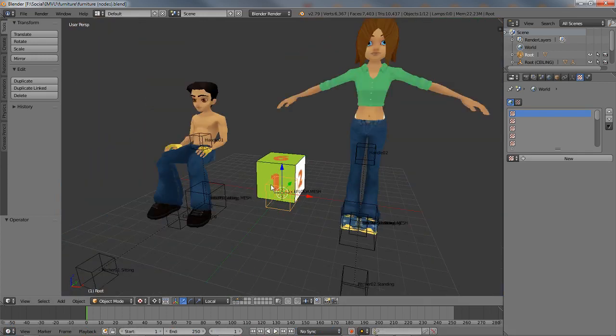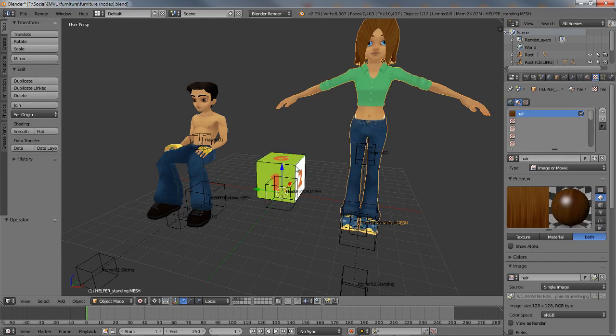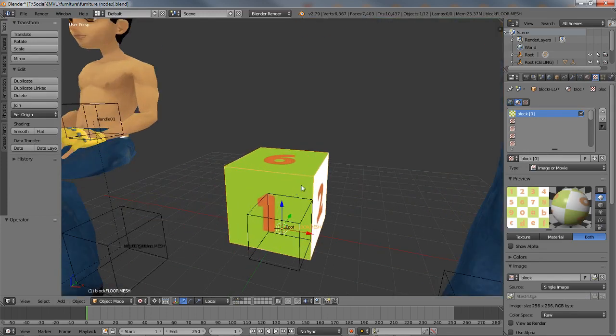So I've got the furniture sample file with the default cube, but this might actually be a good example to show how you can work with UV maps and images in relation to the objects you are unwrapping. So, starting with the cube,